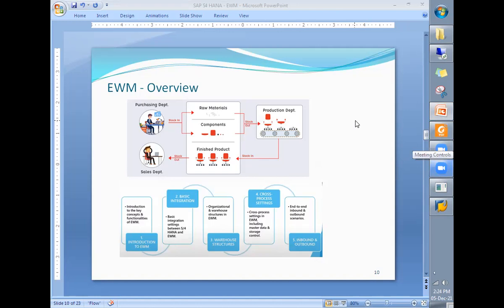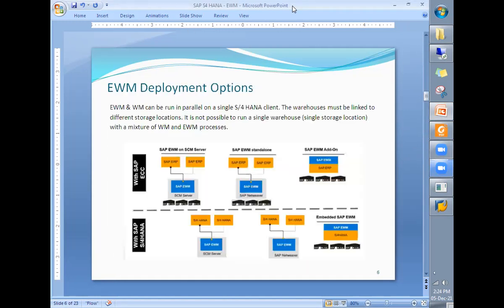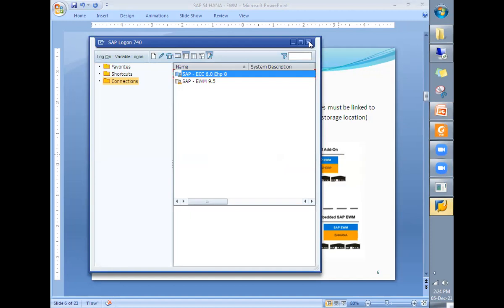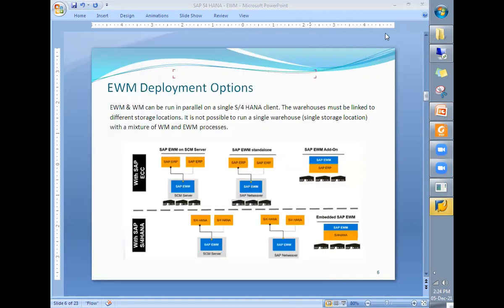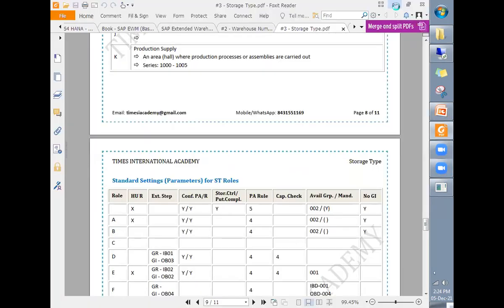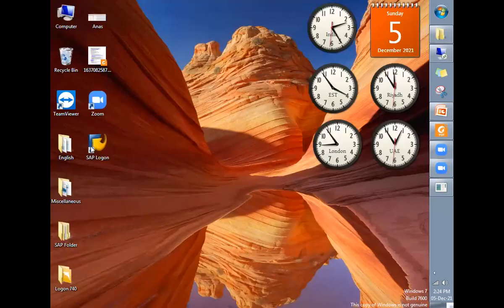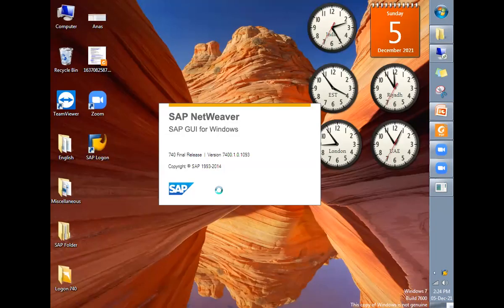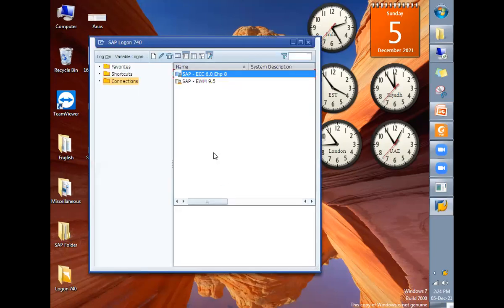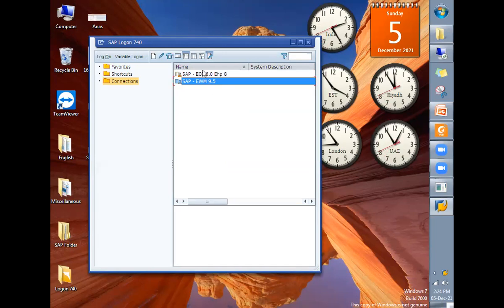Let me show you the system just to elaborate on these deployment options. You see here, this is my decentralized system. I'm going to connect to it again. This is my decentralized EWM system, and here we have ECC and EWM, two different systems.